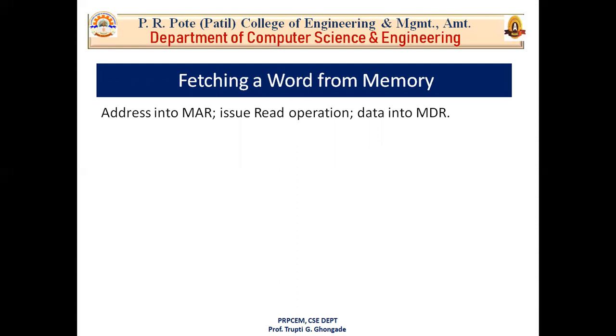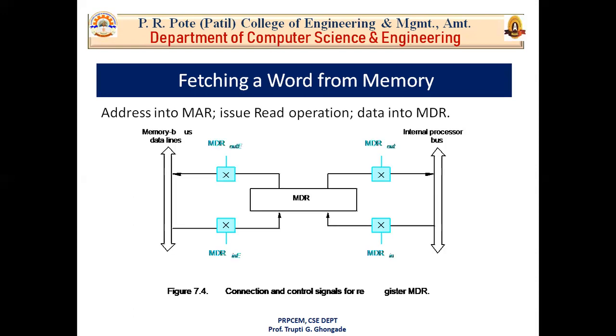Then the processor transfers that required address to the MAR. Now we know that, for example, our instruction is ADD A, B. PC is pointing to this instruction ADD A, B. Now we fetch that instruction from the memory location. The contents of PC are loaded into the MAR, that is the memory address register. So the processor transfers the required address from the program counter to the memory address register, whose output is connected to the address lines of the memory bus.